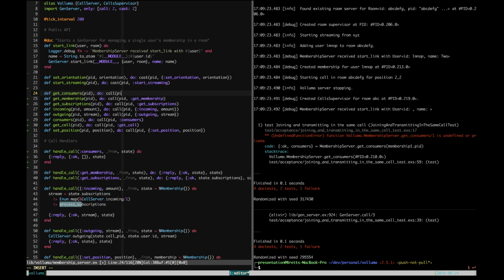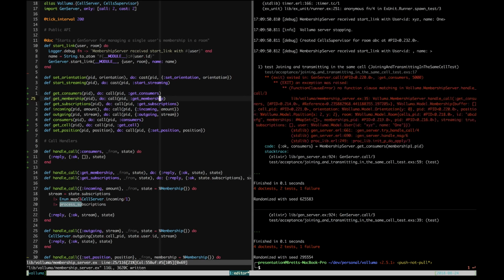As you can see, this is not the actual implementation. Right, so this is the public API. This is not run by the server itself. This is in fact run by the process doing the calling, which is a weird thing to get your head around at first. But then once you have a handler, this handler,